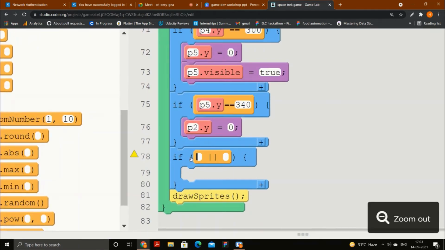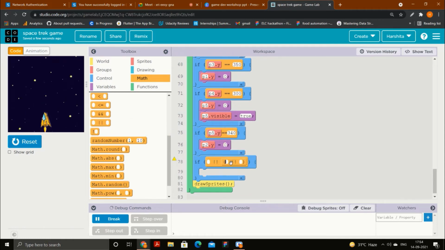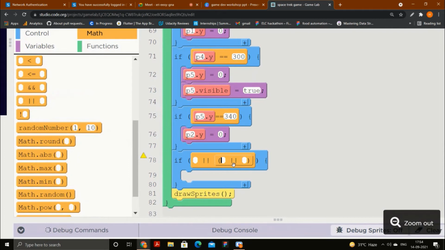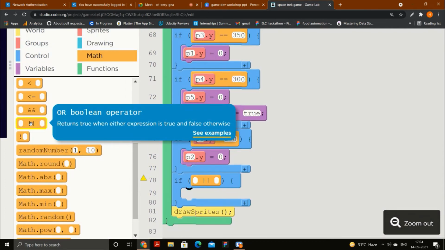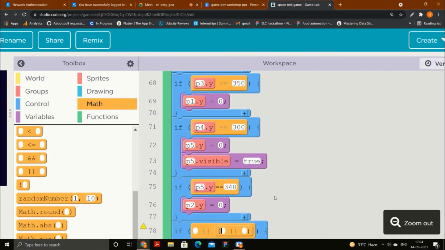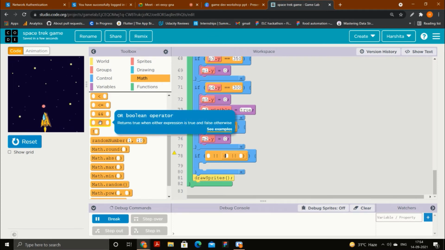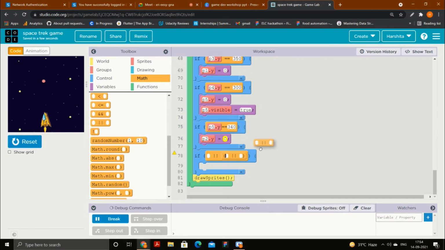See, right now it is creating two spaces for me, but I need more spaces. Why? Because I'm not just talking about one planet, I'm talking about all five planets. So I will take it again and add it in the second space like this. I will show you again. I will take this or from here and add it in the second space. Then it's also not enough, so I will add it again.